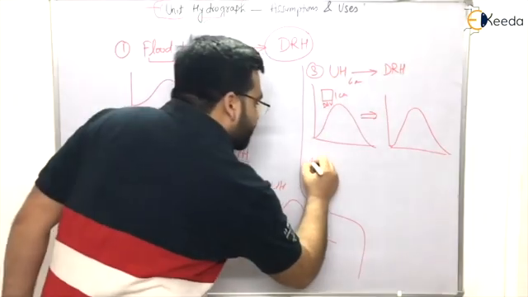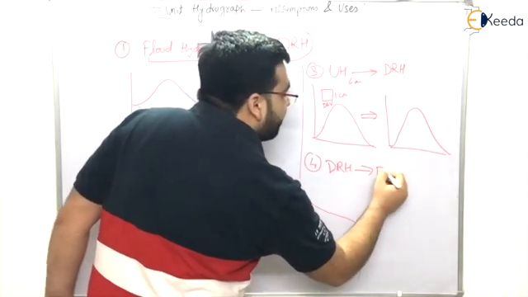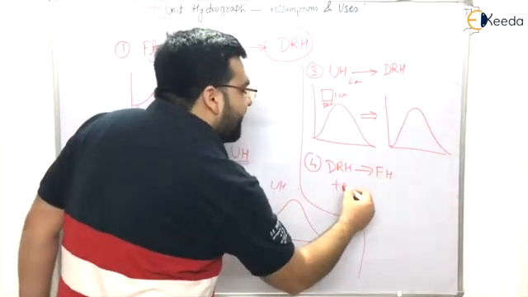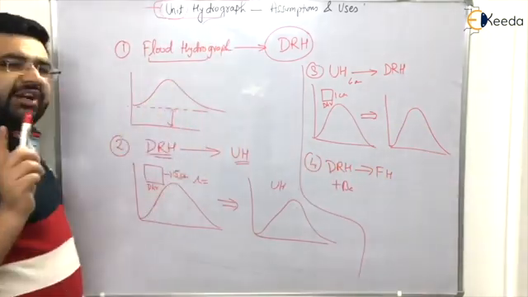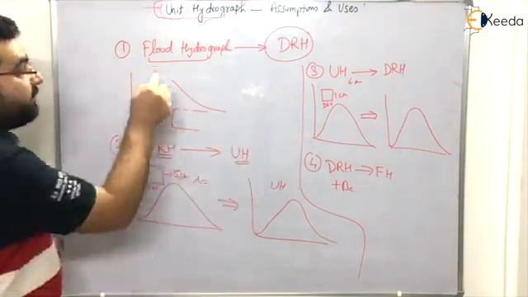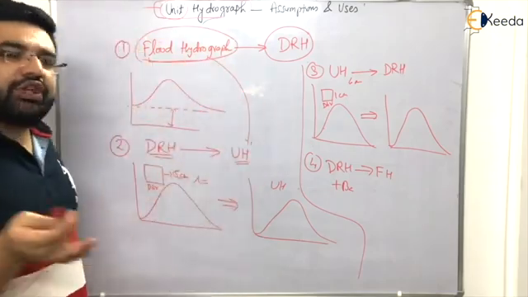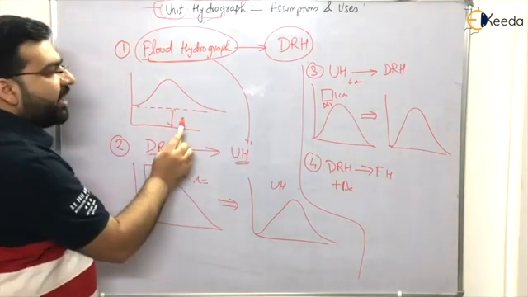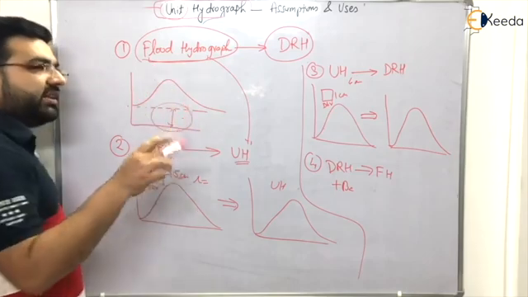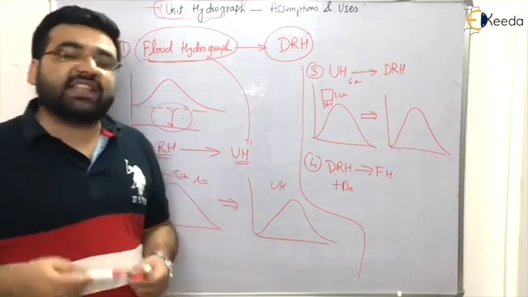The fourth type of question that is coming is that from the direct runoff hydrograph, you have to get the flood hydrograph. So in the direct runoff hydrograph, just add the base flow, and you will get the flood hydrograph. So the reciprocal of the question is also coming. Sometimes from the flood hydrograph, you are supposed to calculate the unit hydrograph directly. So what will you do? First of all, you will convert it into a direct runoff hydrograph by subtracting the base flow, and then you will divide the ordinates by the effective rainfall to get the unit hydrograph. So these questions are coming in GATE examinations.